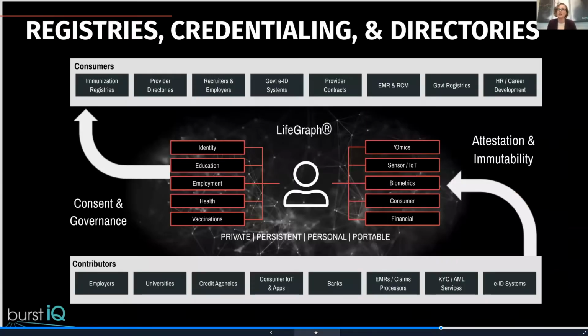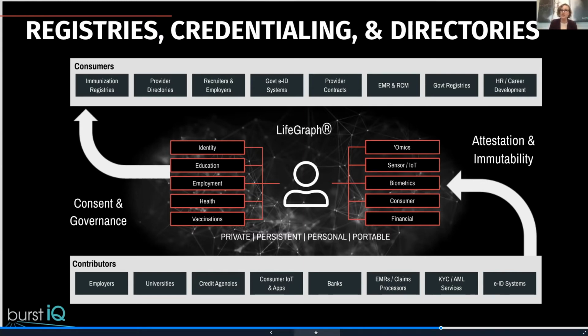The second area I want to touch on is really an extension of how you use LifeGraph to manage identity. So we talked about how LifeGraphs can incorporate really any kind of data. If I'm a doctor, my LifeGraph might include my medical degree, my license, my verifications, my CE credits. All of that trusted data is going to get packaged up and presented into things like provider directories, which then gets used for scheduling and referral systems, populating into EMR systems, all sorts of other things.